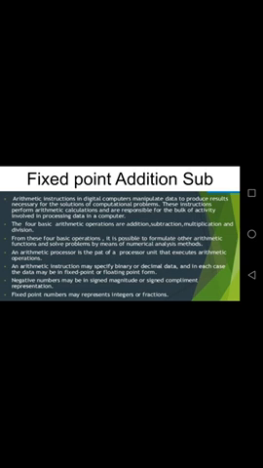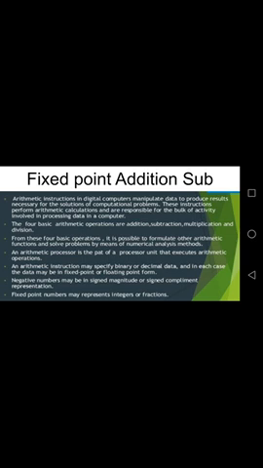So an arithmetic processor is a part of the processor that executes arithmetic operations. In some computers, we have a special or dedicated processor called arithmetic processor, which is exclusively designed to perform these four arithmetic operations. An arithmetic instruction may specify binary or decimal data, and in each case, the data may be fixed point or floating point form.